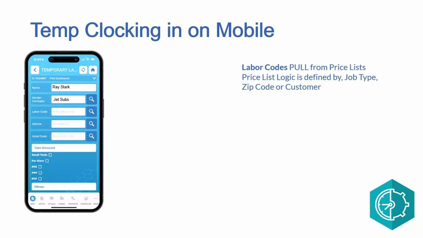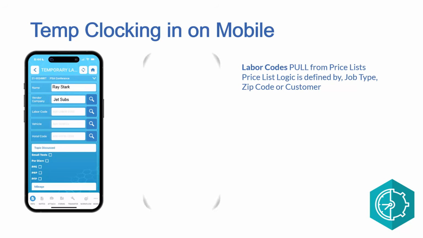then select the labor code. Now, please remember the labor codes pull from the price list that has been set up in company settings. The price list is applicable from the job that was created. Now, again, if you created a job based off of a specific job type or zip code or customer that was set up in company settings, that will all be applicable to the labor code that pulls from that specific